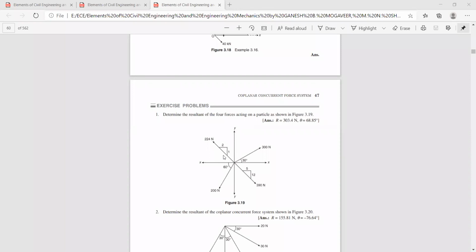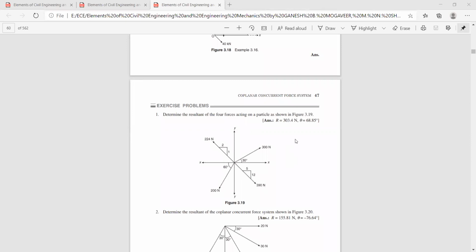So tan theta is equal to 1/2, theta is tan inverse 1/2. So this angle is 26.56. Similarly, this is 5 and this is 12, correct? So thereby we'll get this angle. Tan theta is equal to 12/5, theta is tan inverse 12/5. What is the angle? 67.38. So this angle is 67.38 with respect to the x-axis. Obviously this angle is the alternate angle, it is also 67.38, and this angle is 26.56.